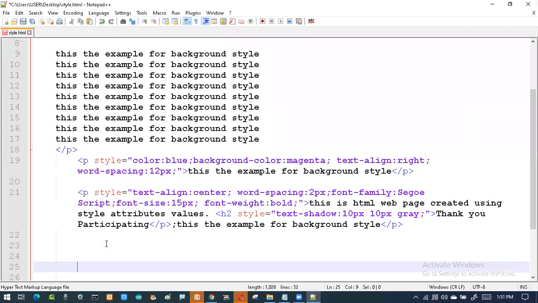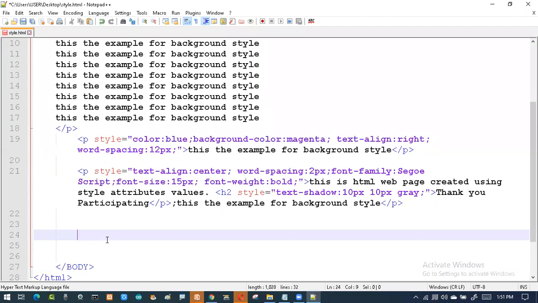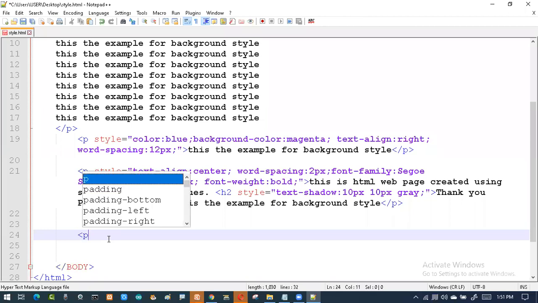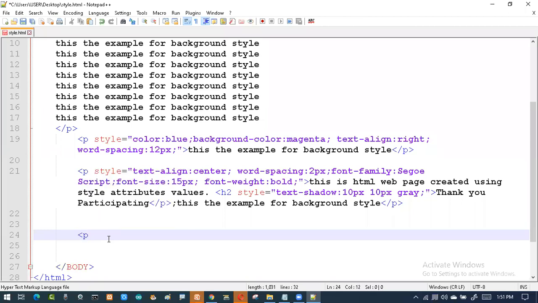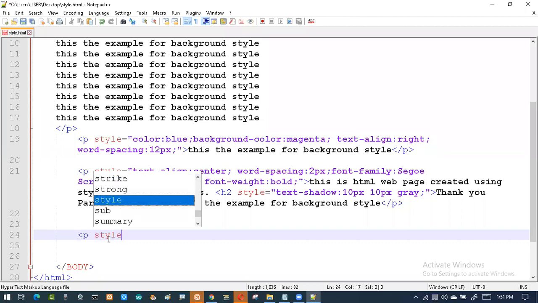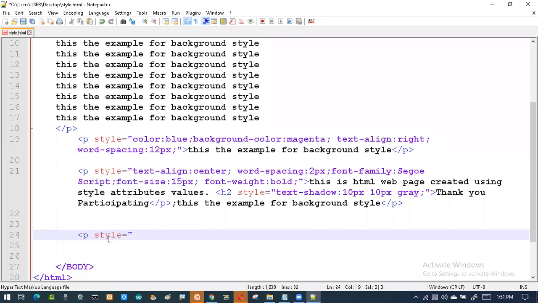See, I want color for the text. Yes, sir. So I'll be saying paragraph, then I'll say style, then I'll say color. When I'm saying color like this as a value for the style attribute, then it will be applicable for the text.